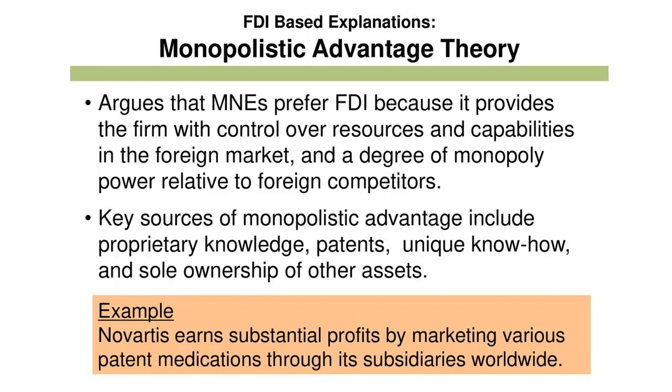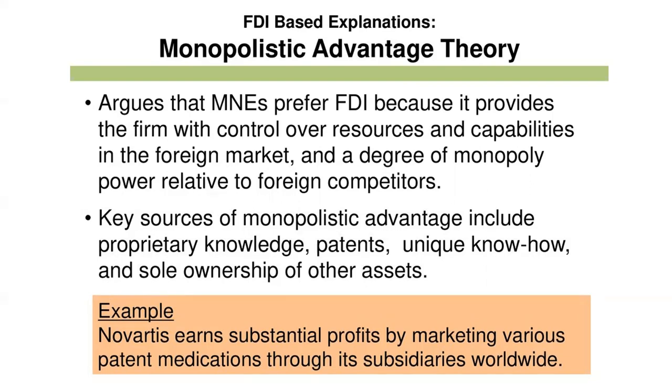So what does this monopoly advantage theory say? It argues that multinational enterprises prefer FDI because it provides the firm with control over the resources and capabilities in the foreign market and a degree of monopoly power relative to the foreign competitors. Whatever this monopolistic advantage theory states, the foreign multinational enterprise, by investing, wants to control your resources and capabilities and the market and develop the monopoly. He wants to develop his own monopoly so that he can gain the competitive advantage in the entire